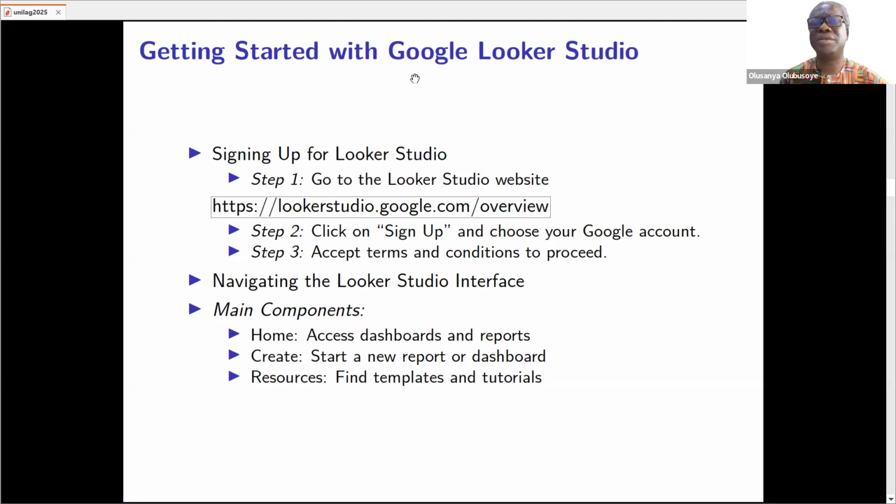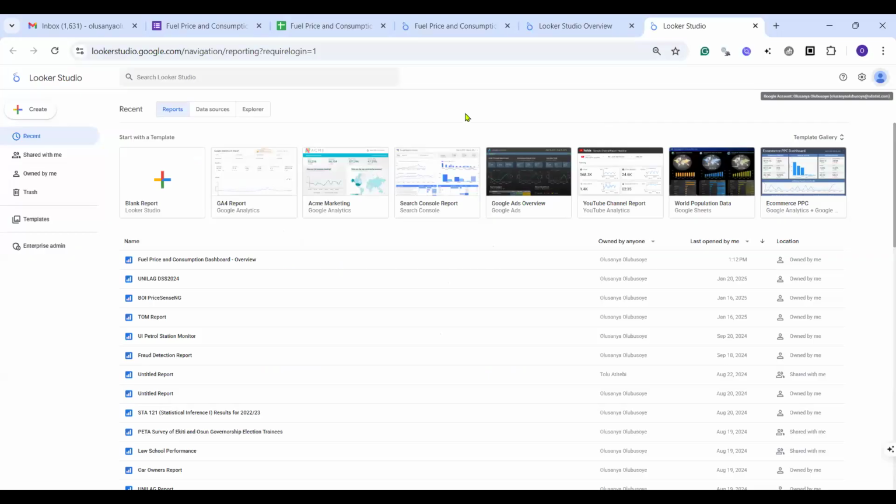Are you able to see the Looker Studio interface now? Great. So this interface is the home.